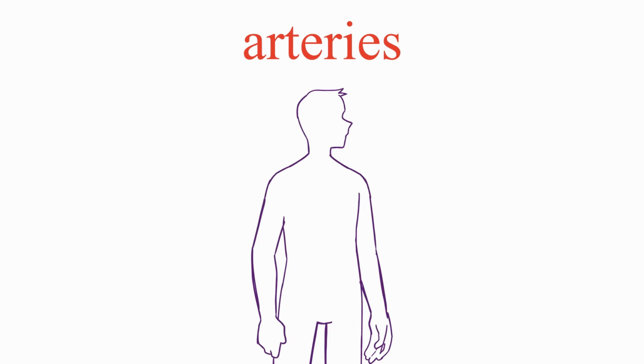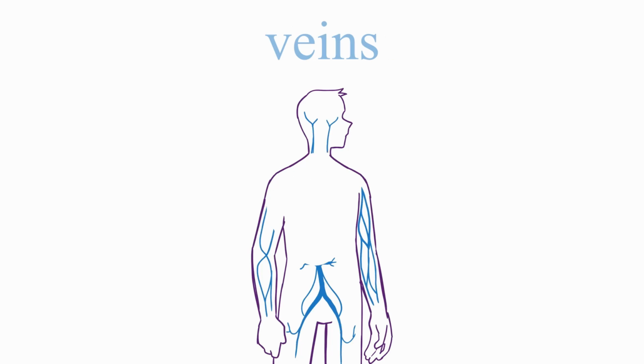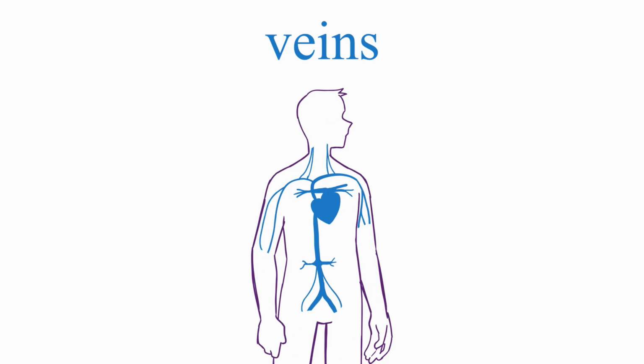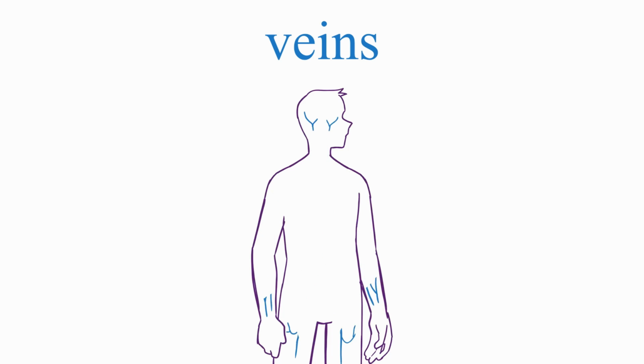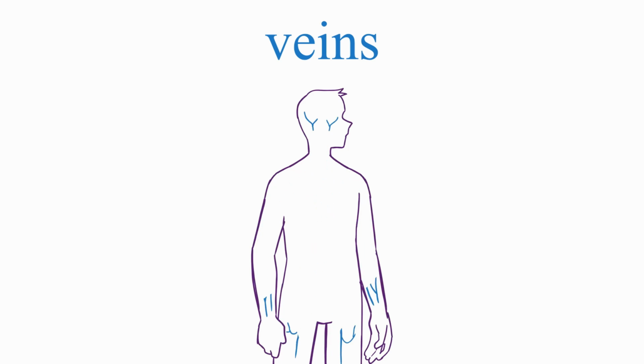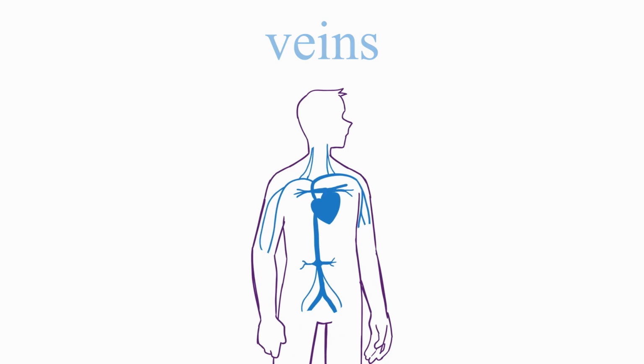The pulmonary artery carries the blood to the lungs where it receives oxygen. It is unique because the blood in it is not oxygenated as it has not yet passed through the lungs. The veins bring blood back to the heart. The pulmonary veins carry oxygenated blood from the lungs to the left atrium of the heart, while the systemic veins carry the low oxygenated blood from the body to the right atrium of the heart.